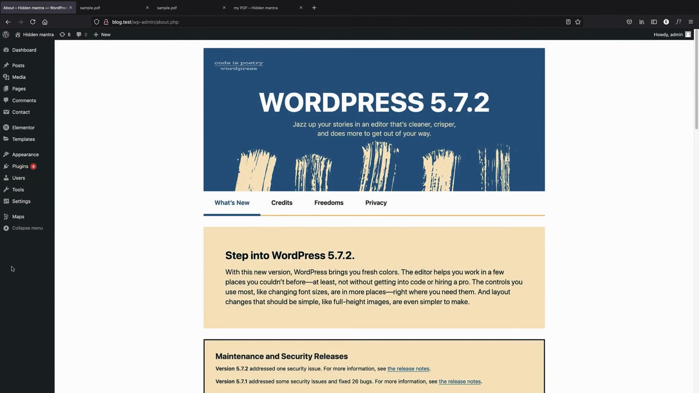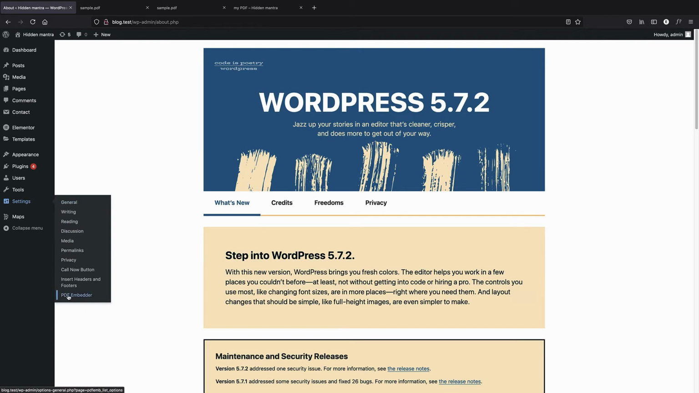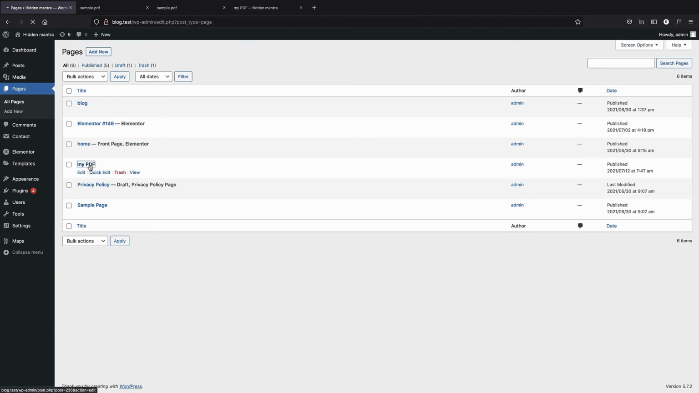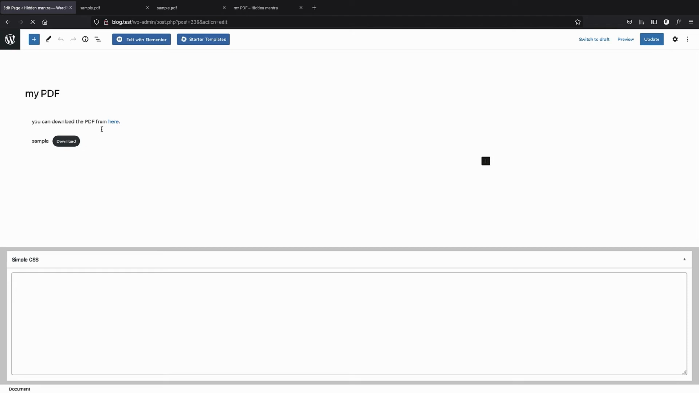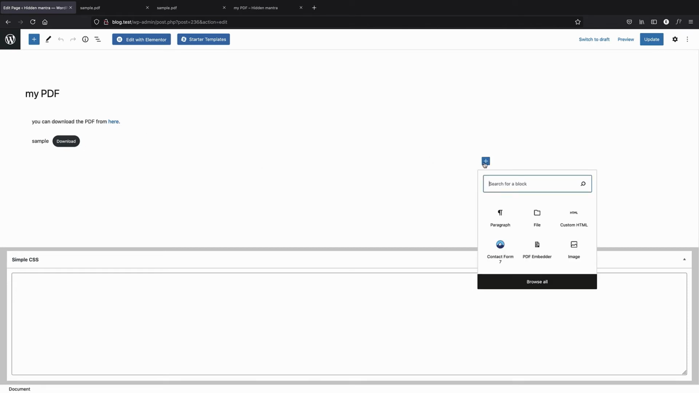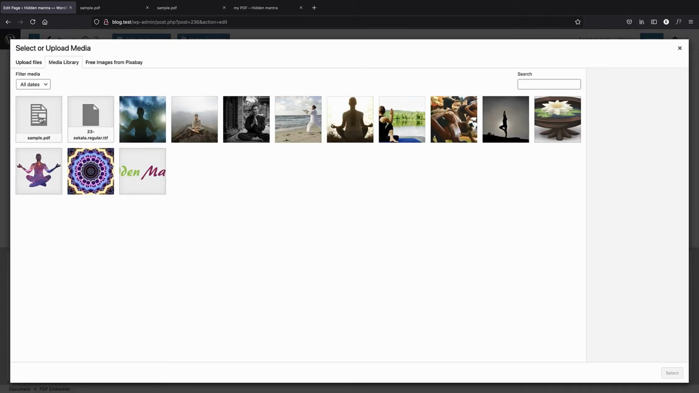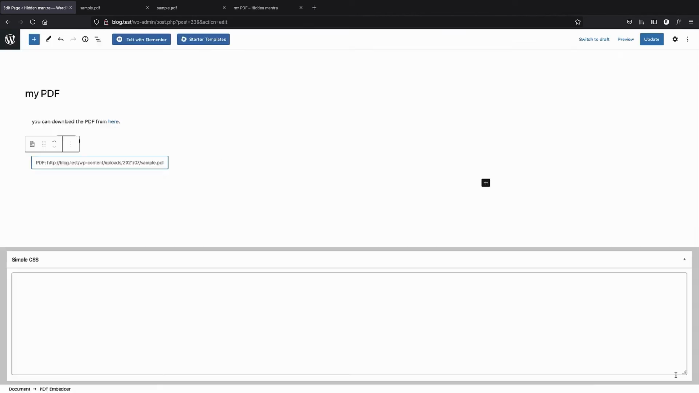And now I have installed and activated the plugin, and if I look at the settings, you can see we have a new subsection here, PDF Embedder, but we will talk about this setting later. So let's bring the very same page, and we're going to embed our PDF in this page. I'm going to click on add block here, and search for PDF Embedder. Here it is, and now I can select my sample.pdf file, and now if I update the page and view it,